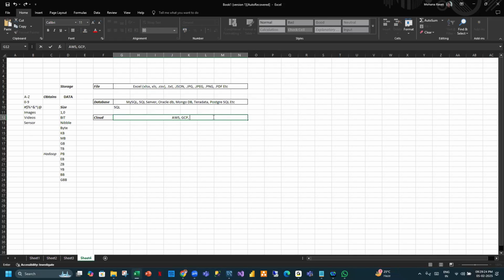Azure by Microsoft. IBM Cloud. Oracle is also a cloud. Okay. Now, what is the difference between database and cloud?